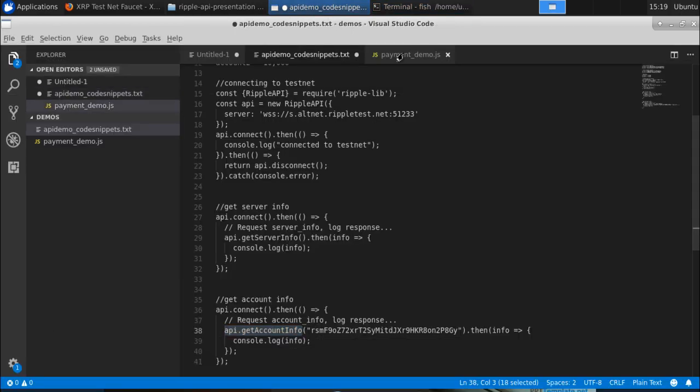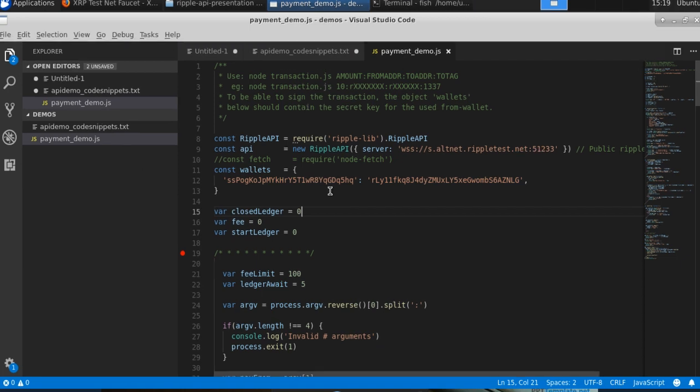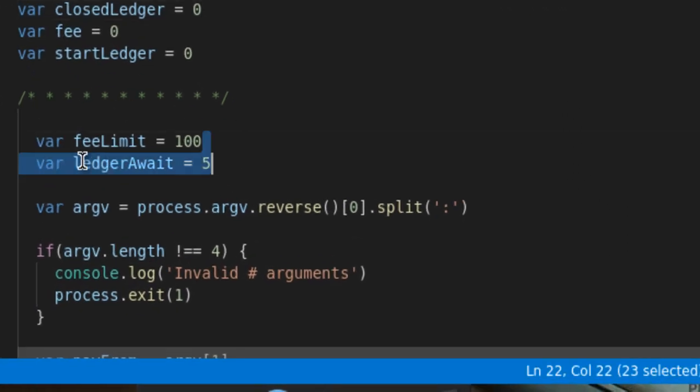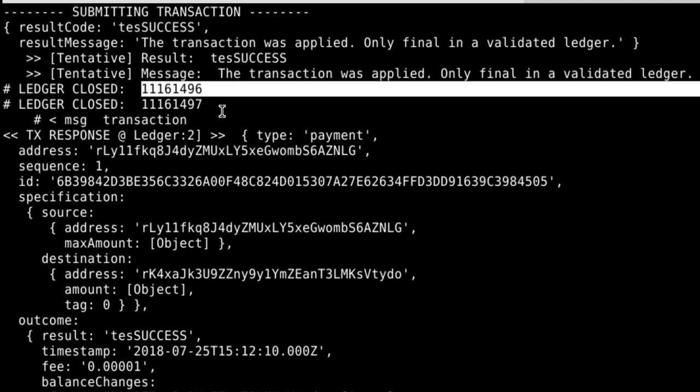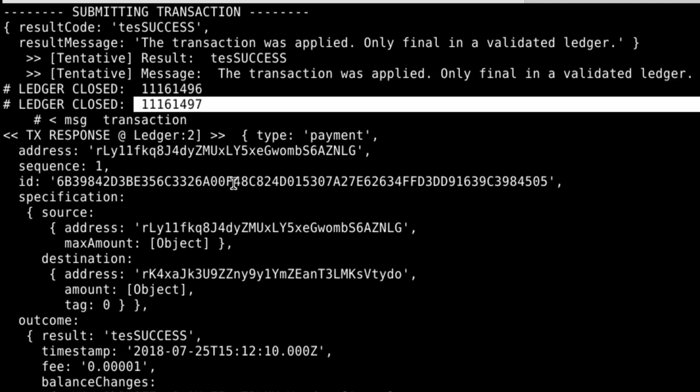That means it was waiting for the next 5 ledgers to verify whether our transaction is completed or not. So in our case, in the second ledger itself we got the result. In 496 it was not processed, in 497 it got processed.